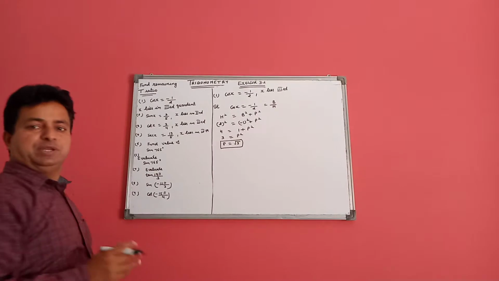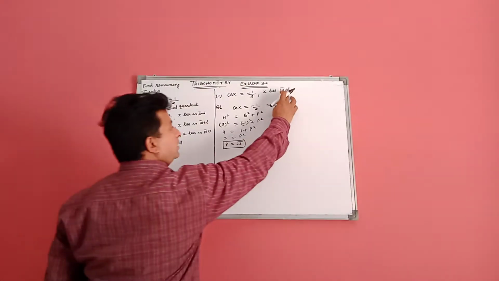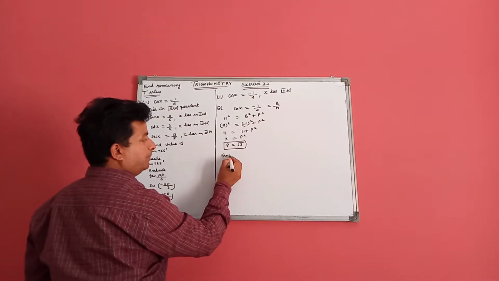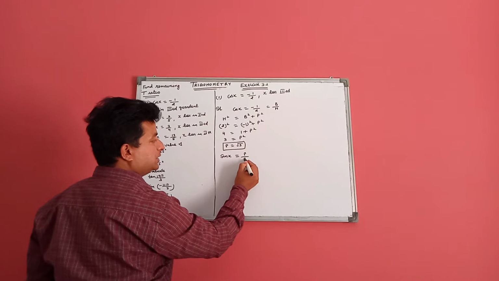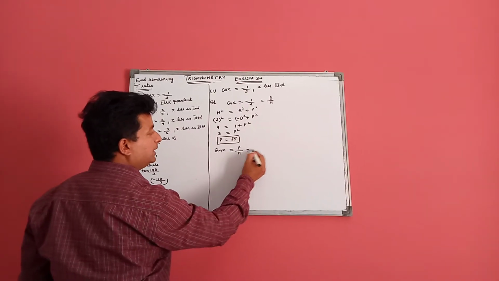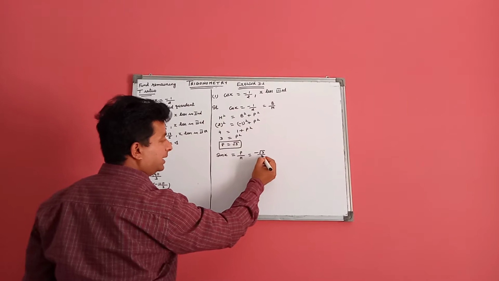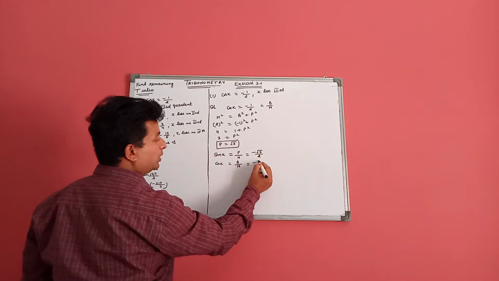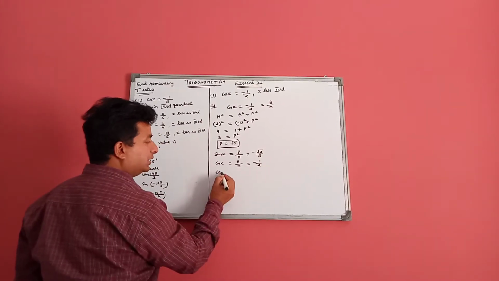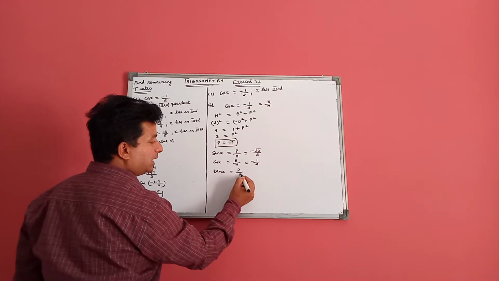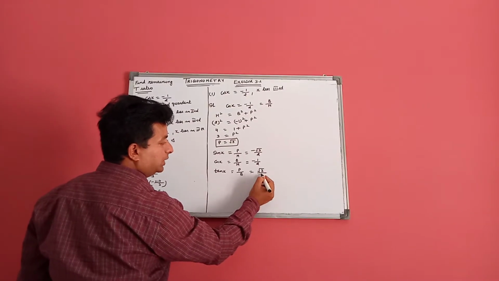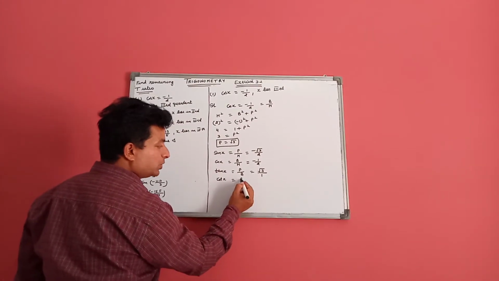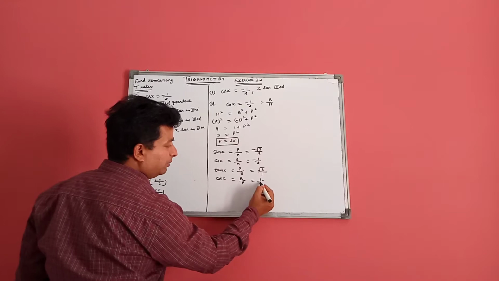As we know from the previous video, in the third quadrant, only tangent and cotangent are positive. So, in the third quadrant, sine is P upon H, but sine is negative. Cos is given in the question, base over hypotenuse, minus half. But in the third quadrant, tan is always positive, that is root 3 upon 1. And cot is also positive, b upon p, 1 by under root 3.